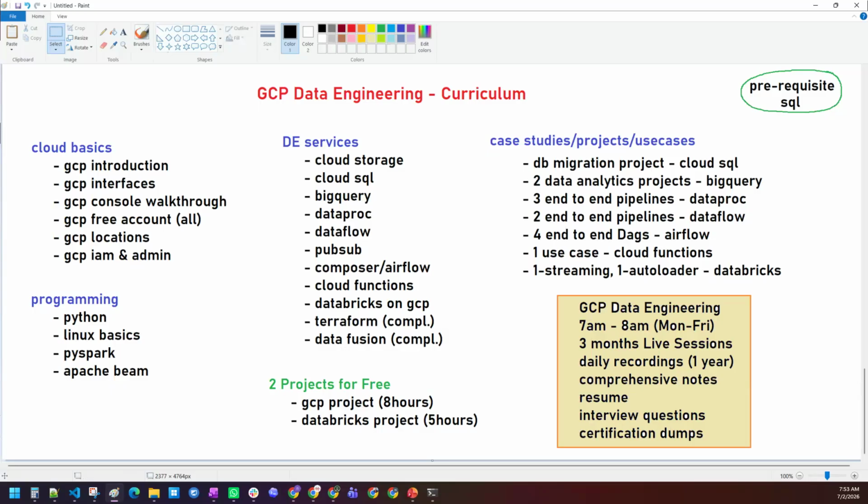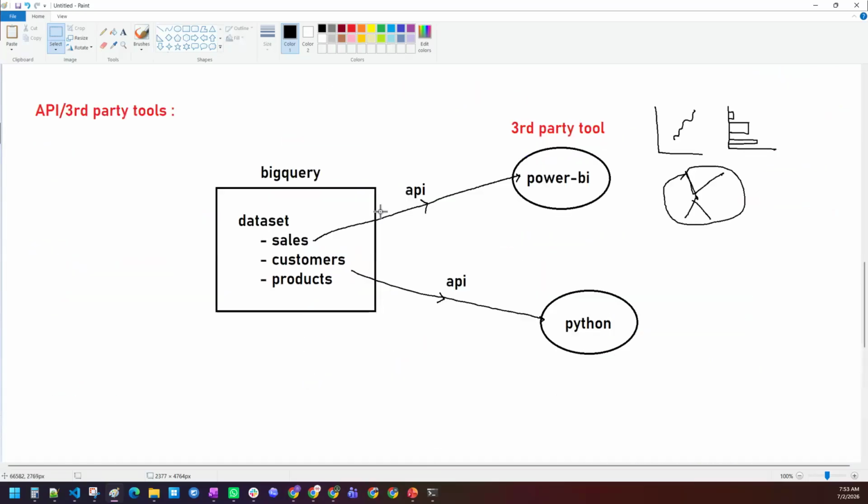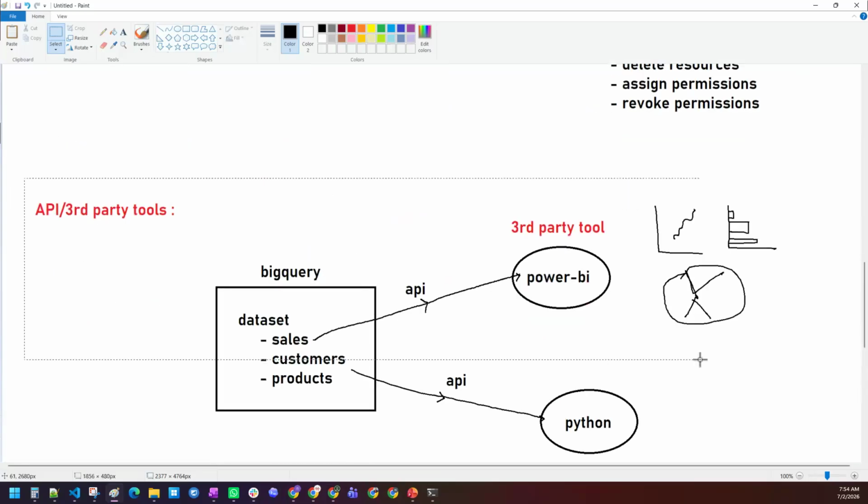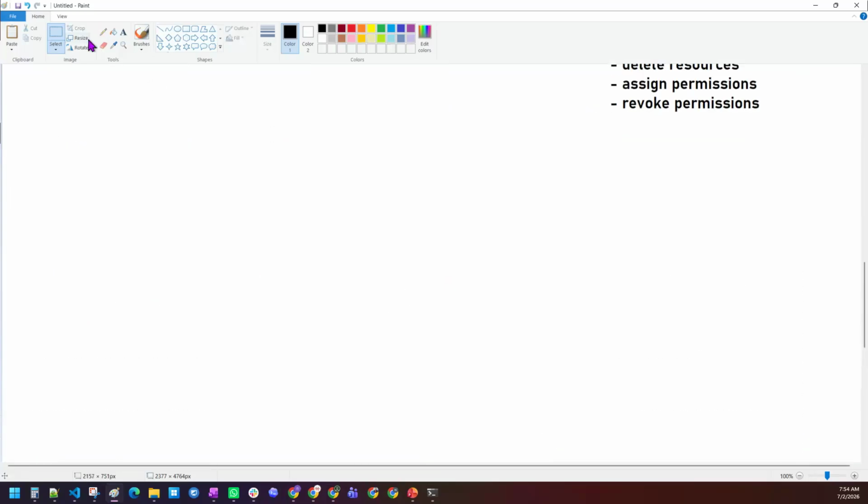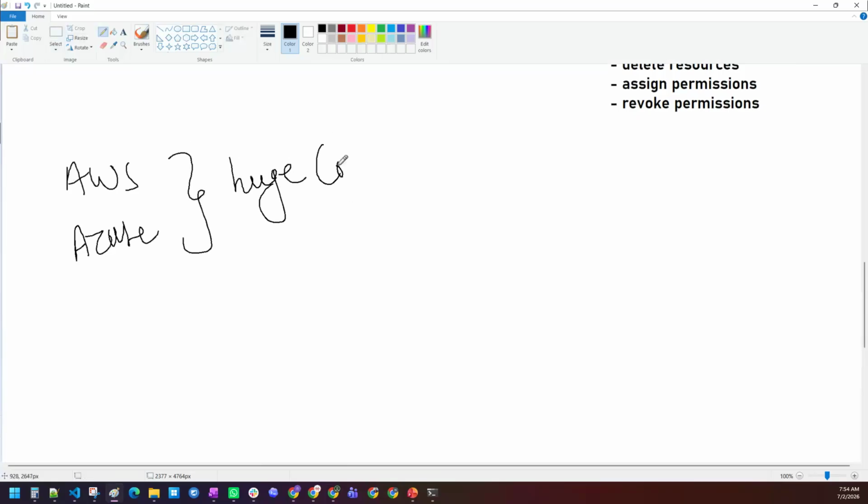Whether you have 1 year of experience, 2 years, or 10 years of experience, if you want to enter the data engineering field, this is one way. There are multiple other options also. You can go for Azure, GCP, or AWS. But if you look at the market and ask which is easier or takes less effort: for example, if you go to AWS and Azure, you have huge competition, and getting a job becomes very difficult.